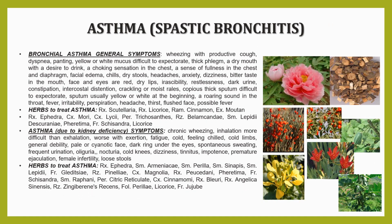Next, let's discuss some herbs that help you with your asthma or spastic bronchitis. The general symptoms of bronchial asthma are wheezing with productive cough, dyspnea, panting, yellow or white mucus that is difficult to expectorate, thick phlegm, a dry mouth with a desire to drink, a choking sensation in the chest, a sense of fullness in the chest and diaphragm, facial edemas, chills, dry stools, headaches, anxiety, dizziness,